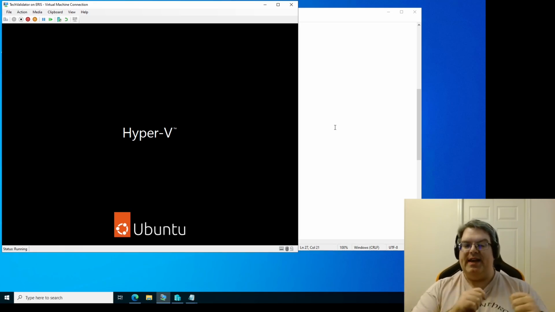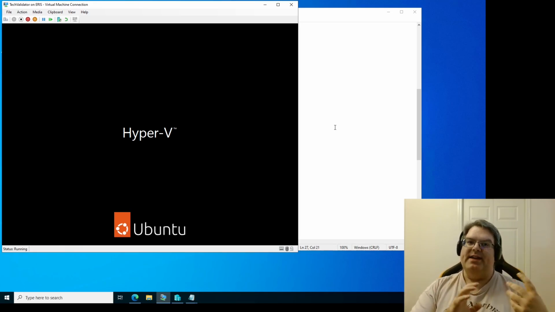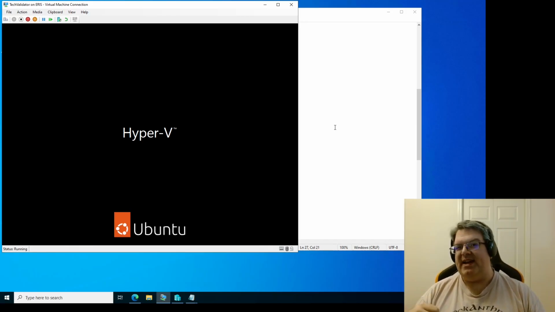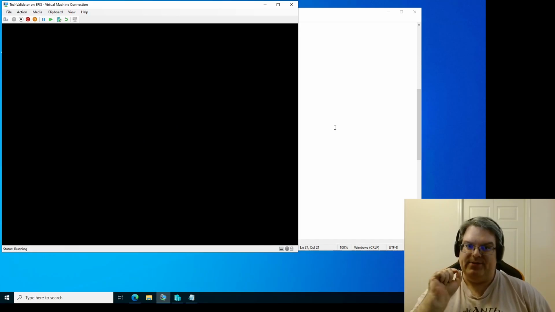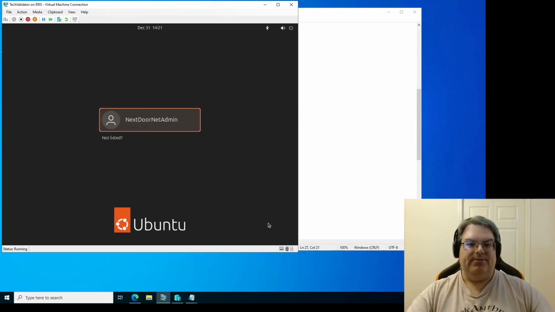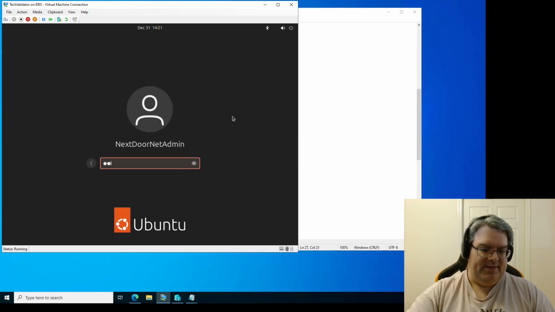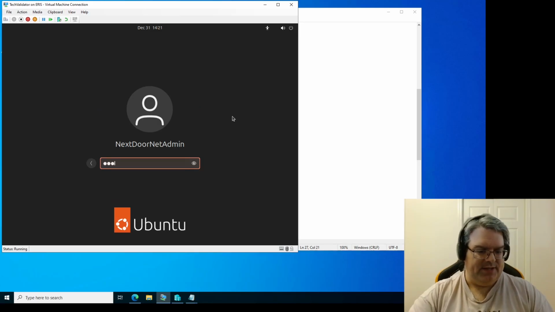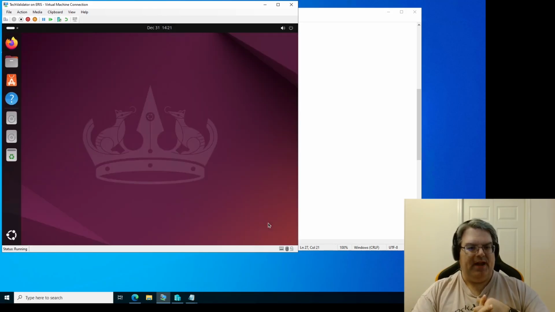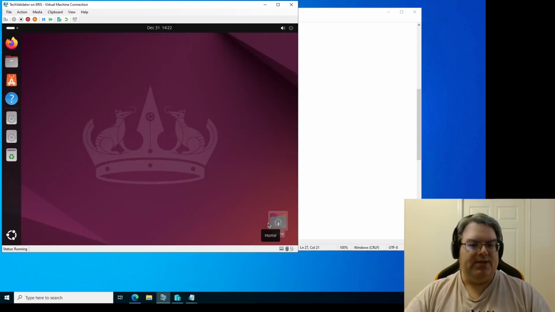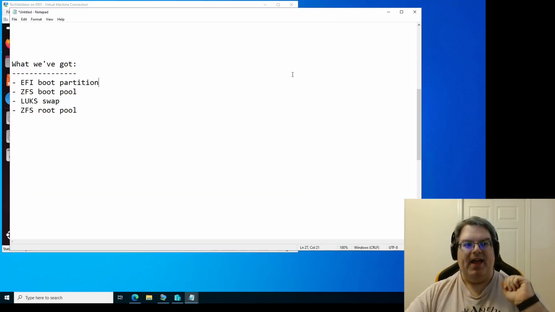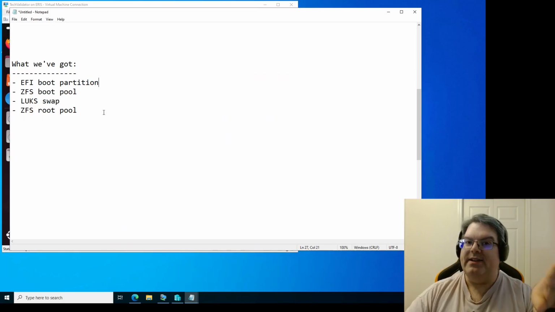We're not using ZFS on LUKS, and in this case, we're kind of using LUKS on ZFS, but just for that particular key file. The rest of it is fine. So, great. And let's make sure I type that in correctly, otherwise it's not going to work very well. There we go. Lovely. So, now that we're booted into this installation and we know kind of what we've got here,